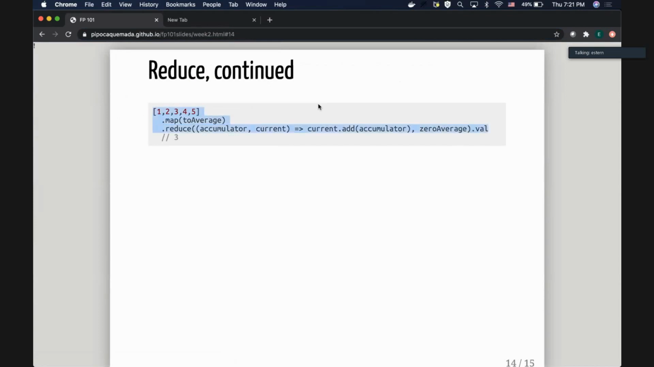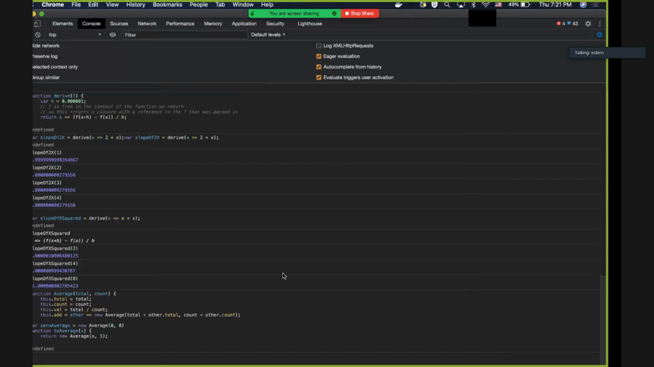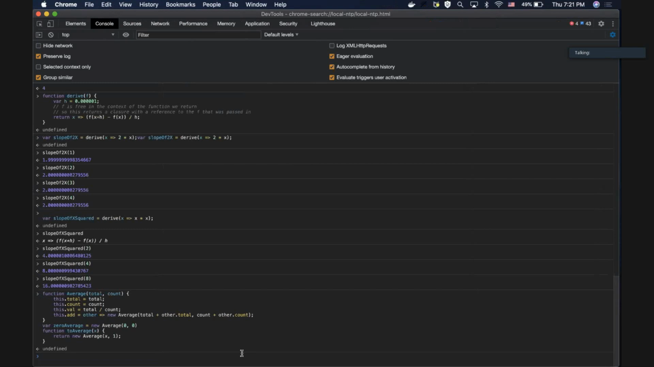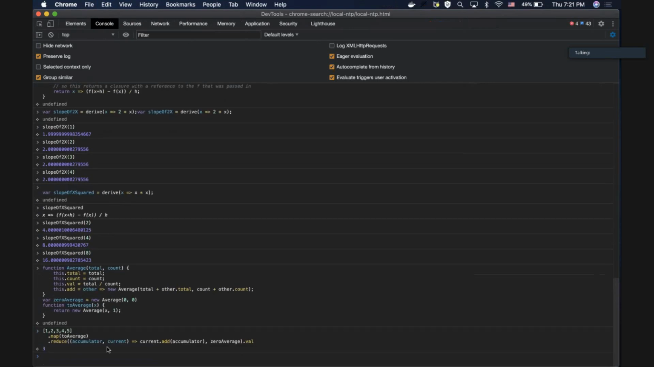And so we can run this over here now. And that should return 3, which it does. So this thing here, in mathematical terminology,